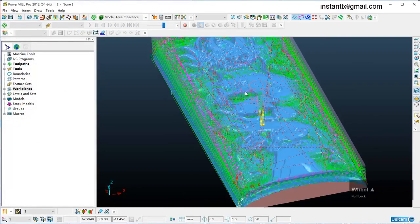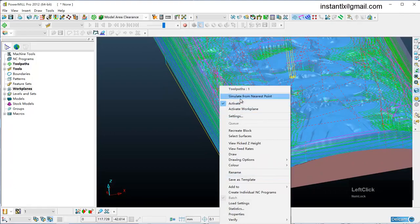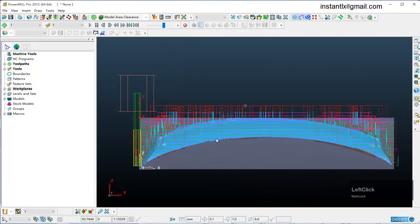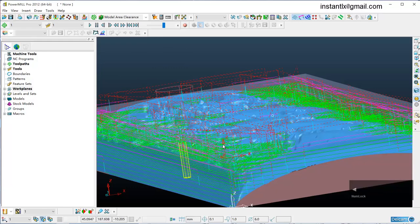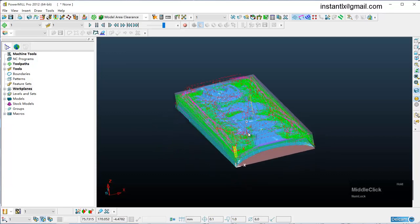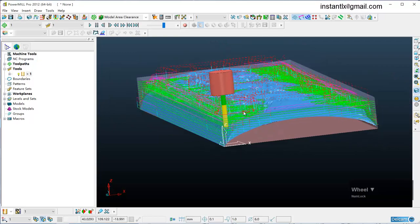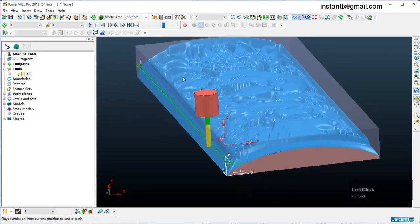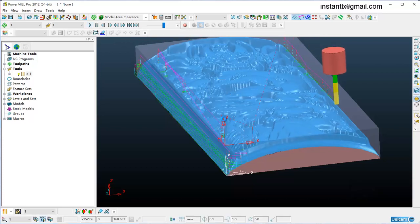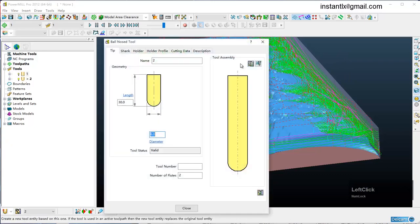We can see the 2 paths created. Okay, and we can shade the tool to make it more visible. Okay, you can do a simulation like this. Okay, we save it here,